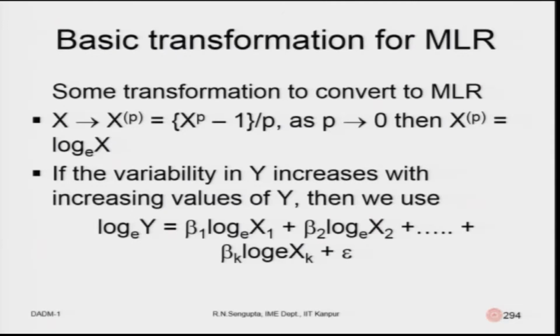So, now we will consider some transformations for the multiple linear regression model, considering normality is true. In general, we will transform x to the power p, where p can be any integer or non-integer value. So, the transformation is given by x to the power p minus 1, divided by p, and p can take any value. As p tends to 0, that transformation basically becomes the Neperian log, to the base e.